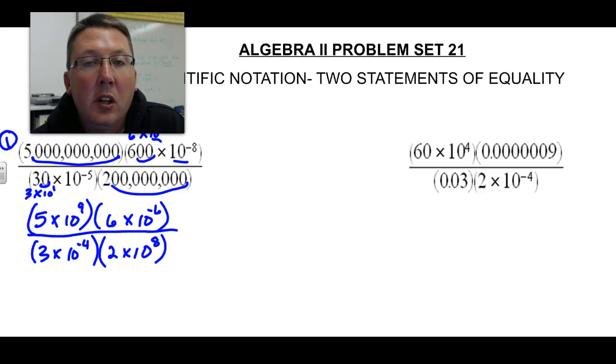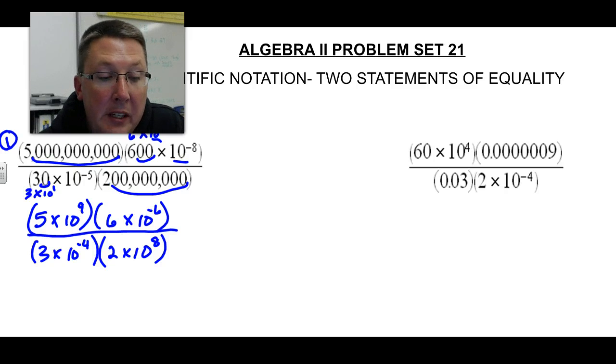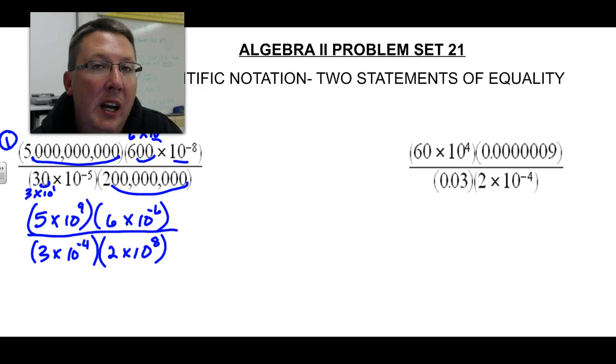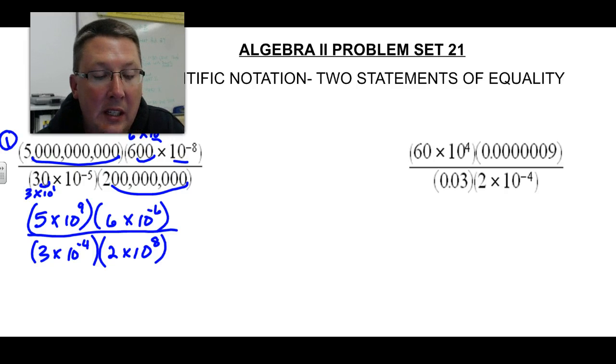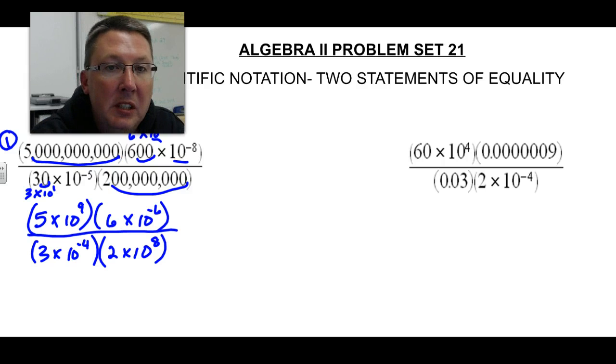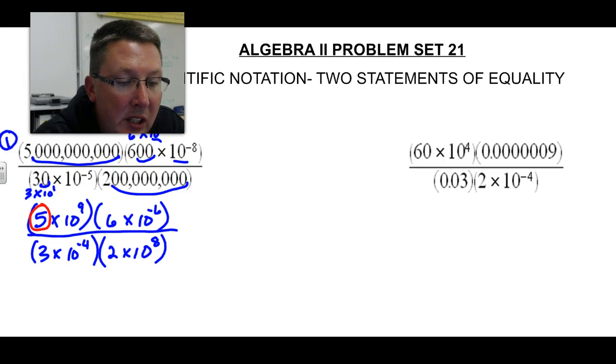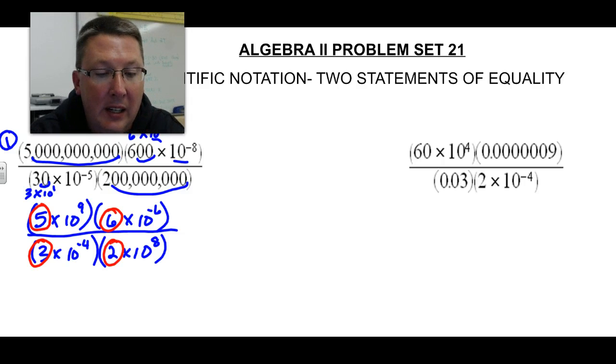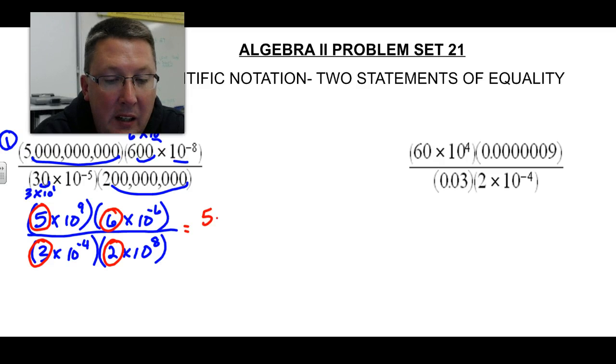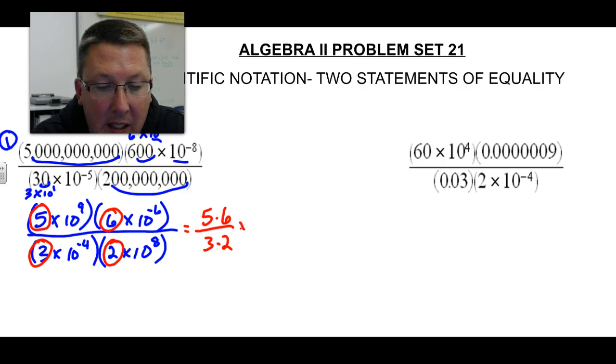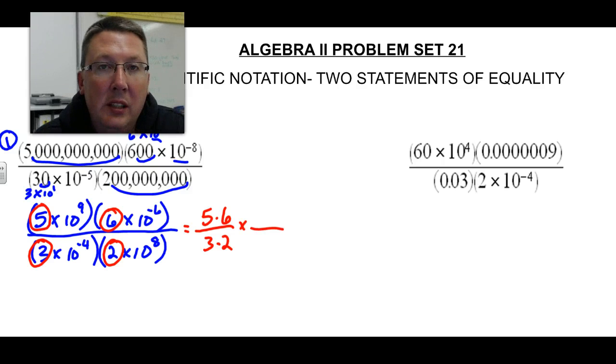Okay, really that is the hardest part of the problem, getting everything written into proper scientific notation. From here, what I suggest you do is we're going to separate things. Across the top, everything is multiplied together. 5 times 10 to the 9th times 6 times 10 to the -6th. I'm going to separate just the numbers on the top and the bottom. I'm going to pull those over to one side, and I'm going to rewrite it as 5 times 6 over 3 times 2. And then times, the second part is I'm going to group all the